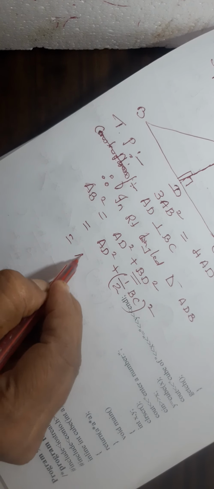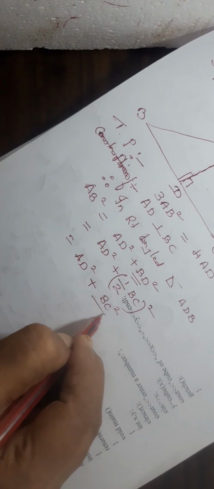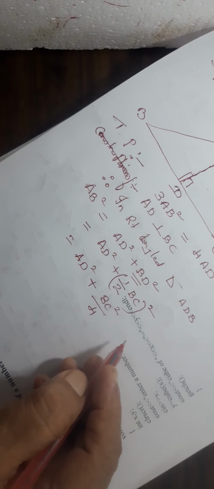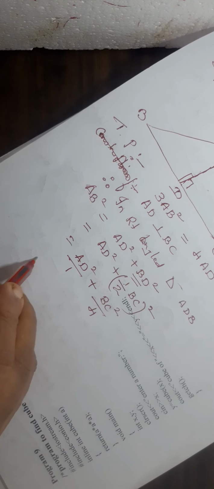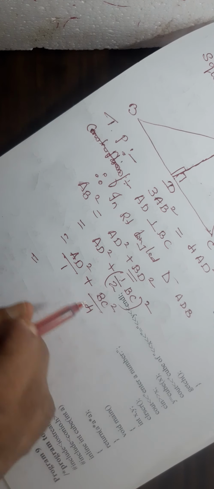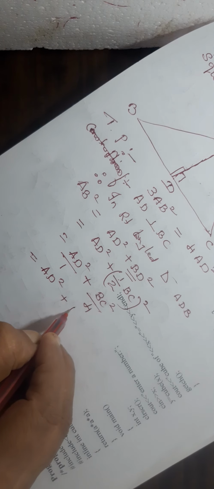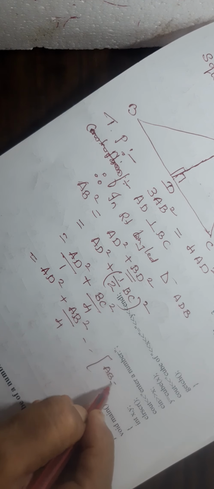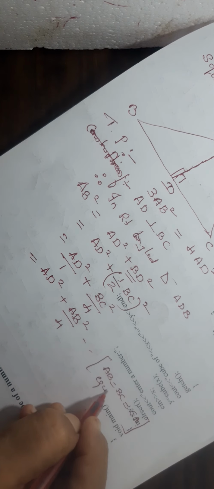Now this is equal to, I will simplify it further, AD squared plus BC squared by 4. We can just say BC squared by 4 and then take the LCM. But I want the answer in all AB squared. I don't want BC squared here to prove that. So I will change it: AD squared plus AB squared by 4. Because AB is equal to BC equal to CA, I will write here, because it's an equilateral triangle.